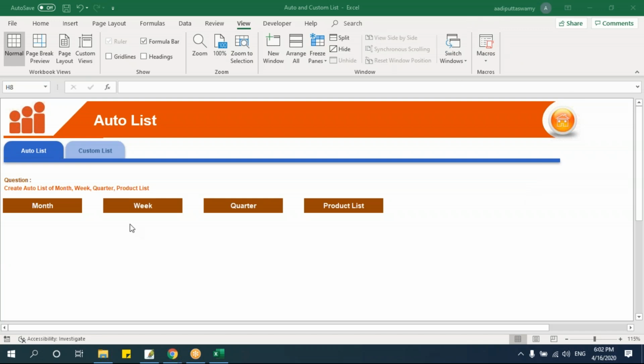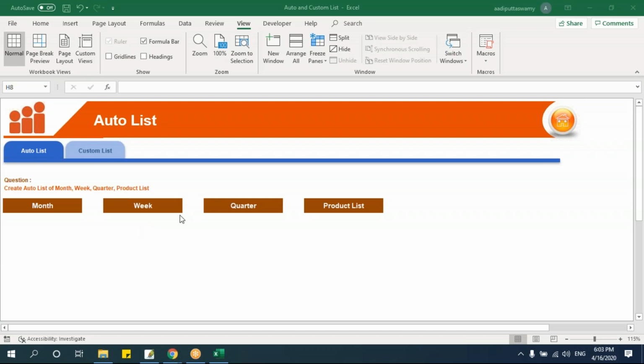So all of you can see my screen which says auto list. So today's topic will be on how to use list. First, let's understand what this list is, and then we'll start using it and see how it actually works. List means a list of names, or it can be products, or a list of, say, months. Fine. So what will happen when I'm actually creating some reports?